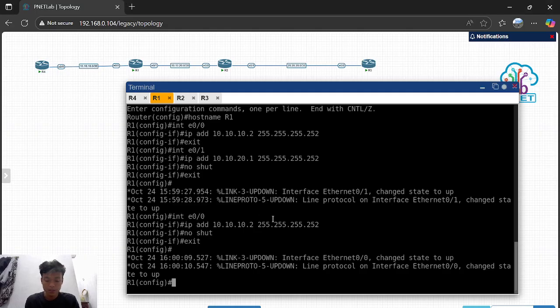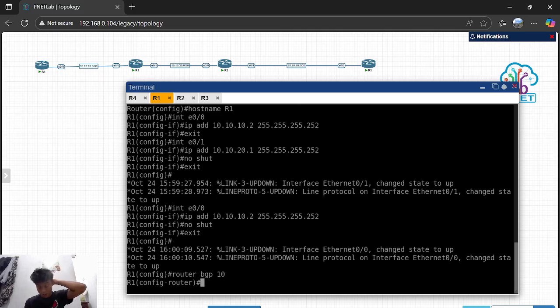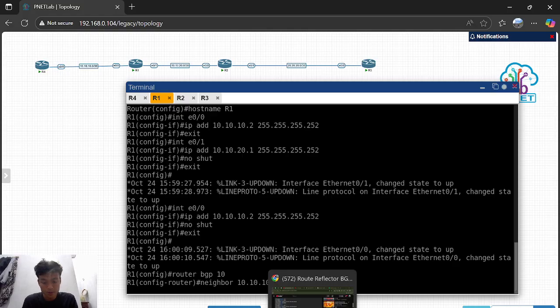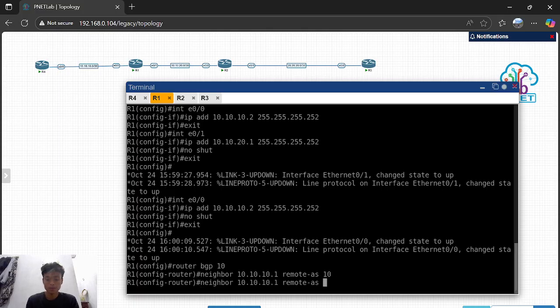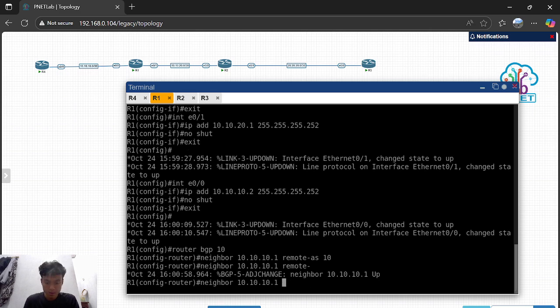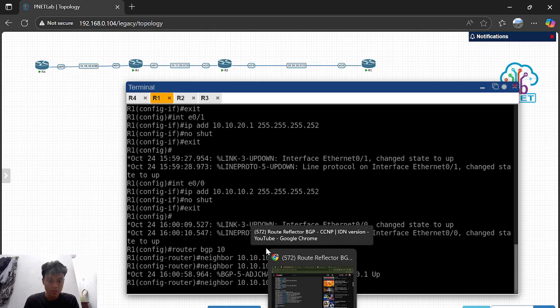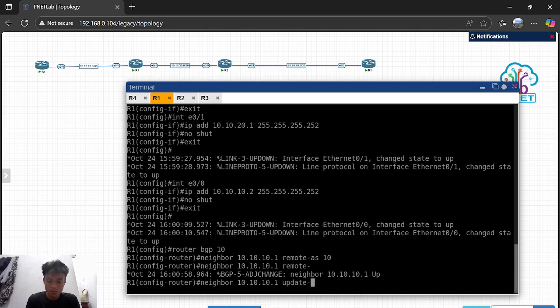You can fill in router bgp 10, and then first of all you can fill in neighbor with remote as, and then with update source with ether 0/0.